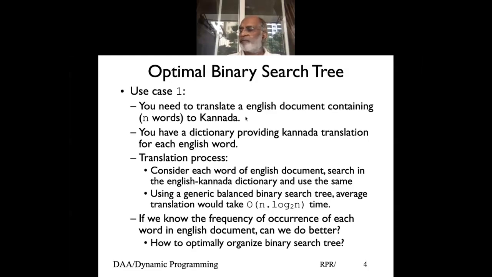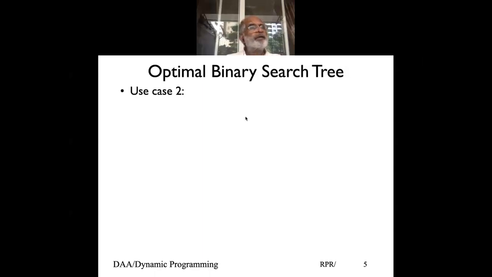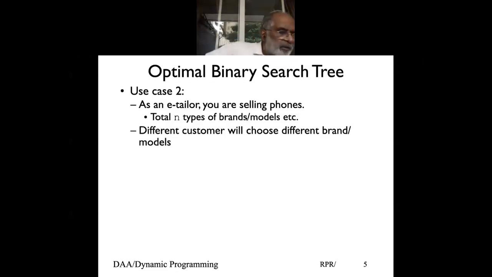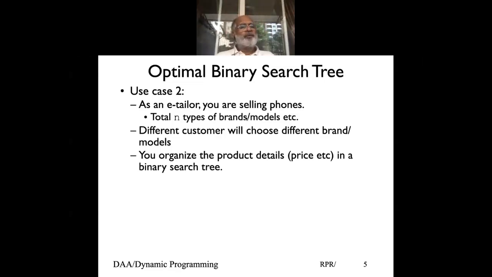Another example is, let's say you are a seller or vendor selling cell phones as a retailer like Amazon, Flipkart, and so on, and you carry all different kinds of cell phones: different brands, models, screen sizes, different prices. Your customer, depending on their budget and preference, would buy a different cell phone. Now, before buying, they like to search and find out about it. So when they ask for a particular phone, brand name, or model, how do you give detail, how do you search for their phone in your inventory?